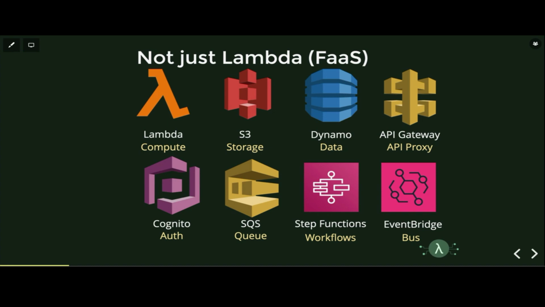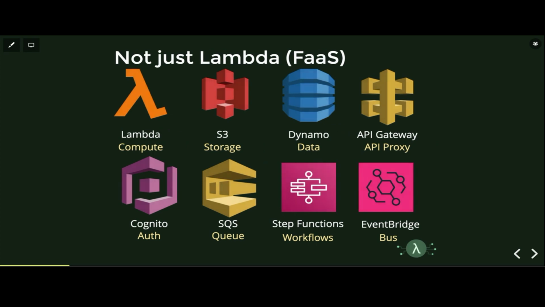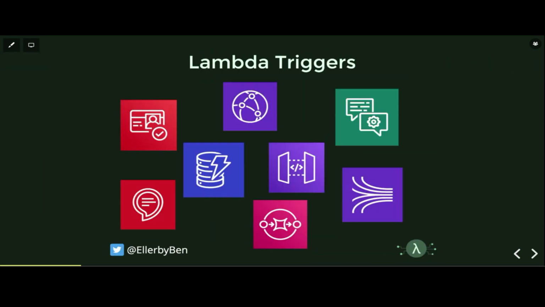It's not just Lambda, as I alluded to earlier, it's all the different components that make up an architecture. So Lambda is sort of the poster child for serverless. It's the function as a service compute element from AWS, but you need other things to build a serverless architecture. S3 for storage, DynamoDB as a completely serverless database, API gateway acting as an API proxy, Cognito for identity as a service, SQS for a simple queuing system, step functions for workflows, EventBridge, which we'll talk about in detail today, and many other services comprise most AWS serverless architectures. So not just Lambda, and that's probably something to keep in mind.